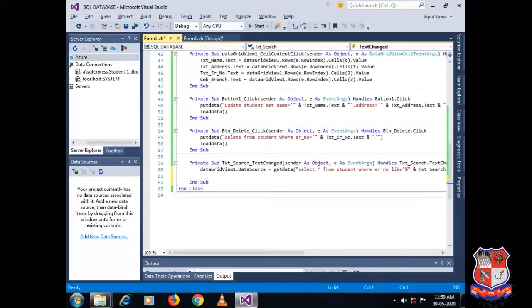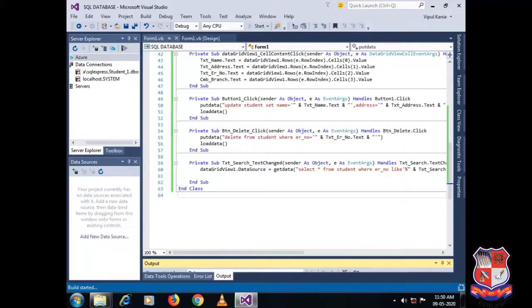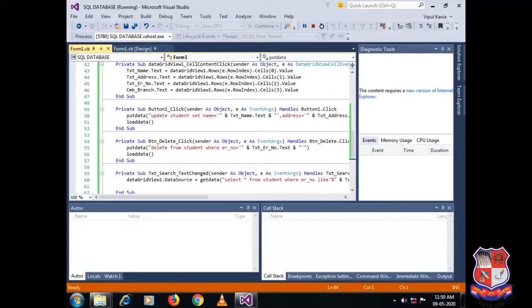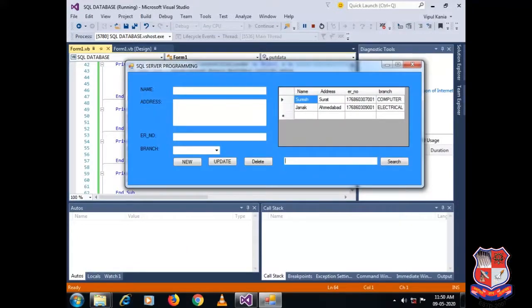And we don't need to call LoadData. So if I would like to find this particular record, I have to specify 09, because that is the only difference between these two enrollment numbers. Yes, if I would like to find something for 07, yes. If I write only 7, it will show me all the records, right?